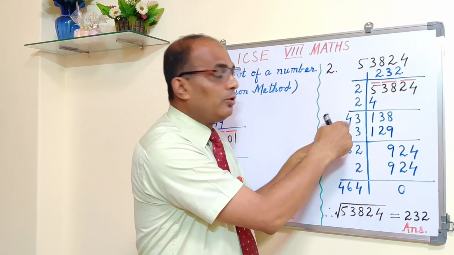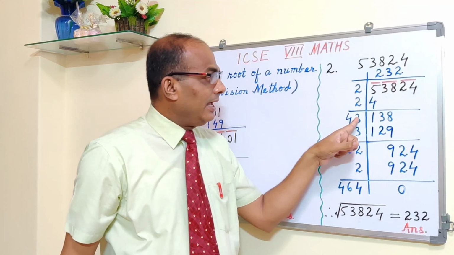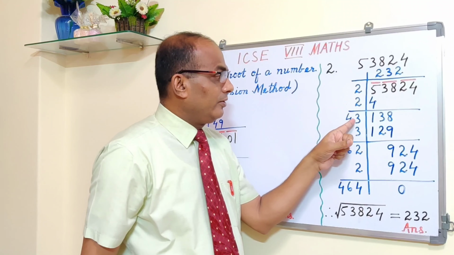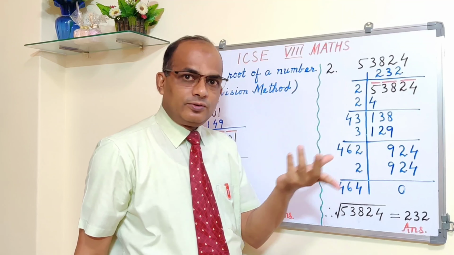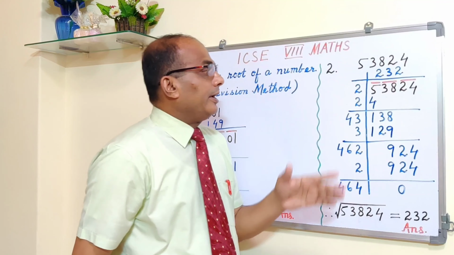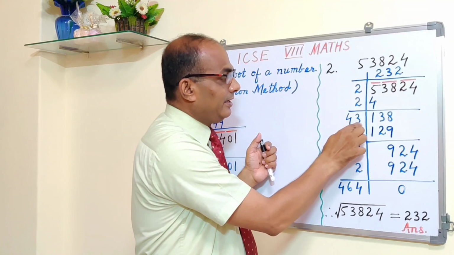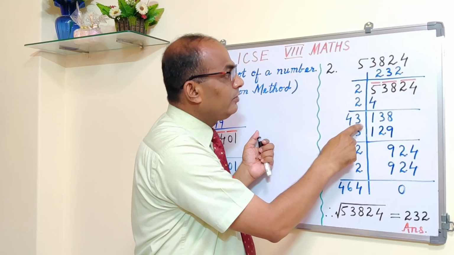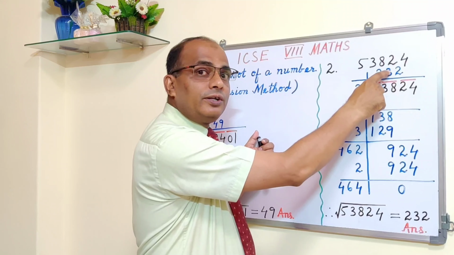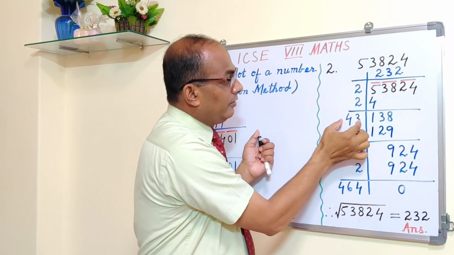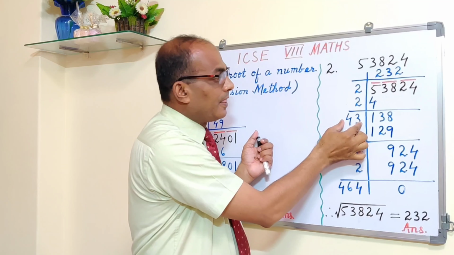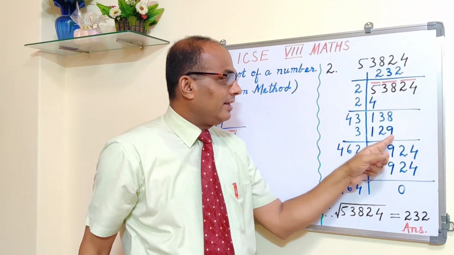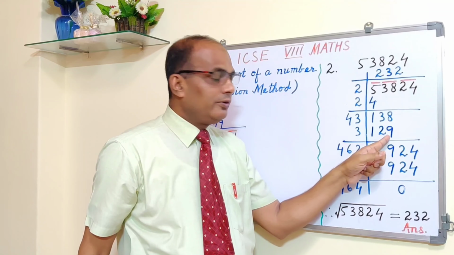On the right of this 4, this place is vacant, empty, blank, where I have written 3. First you will keep it blank, because you don't know whether you are going to write 2, 3 or 4 here, which digit, you don't know. Now I have written 3. I guess maybe it is 3. So once you write 3, you have to write the same 3 here also in the quotient. Okay, fine. Now the new divisor is 43. And you have to multiply this 43 by 3. So when you multiply, 3 3s are 9 and 3 4s are 12, you are getting 129.